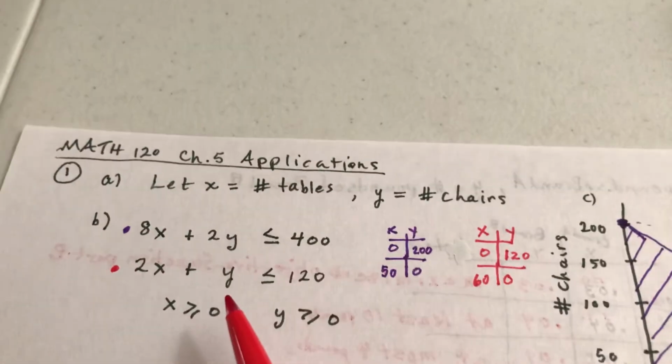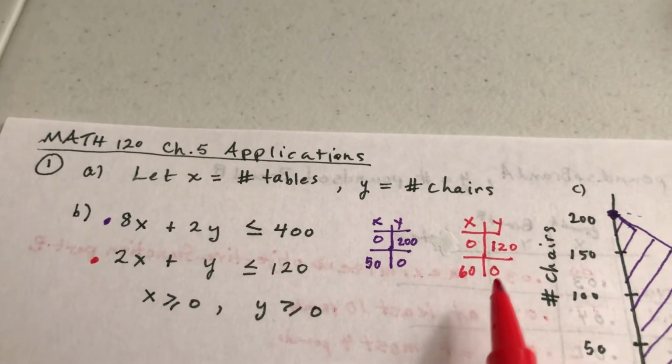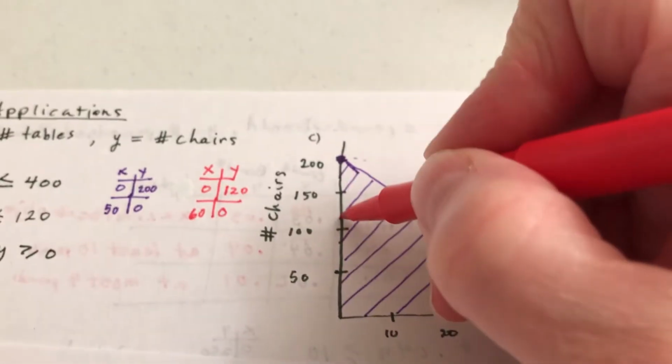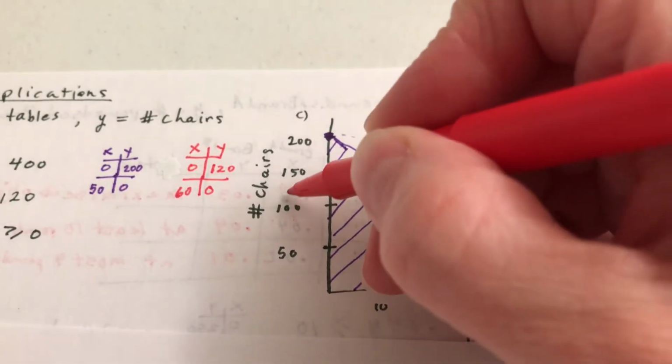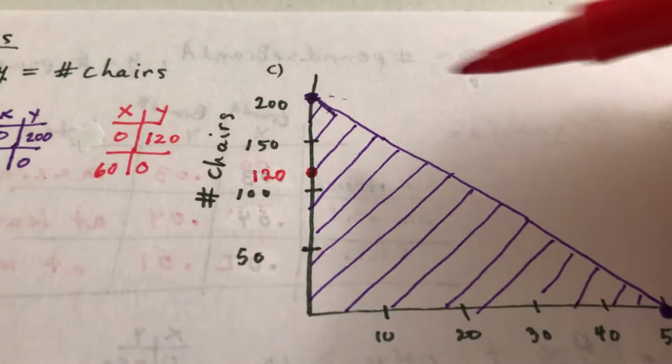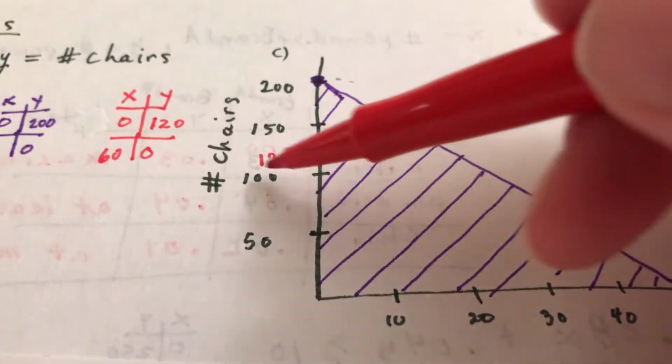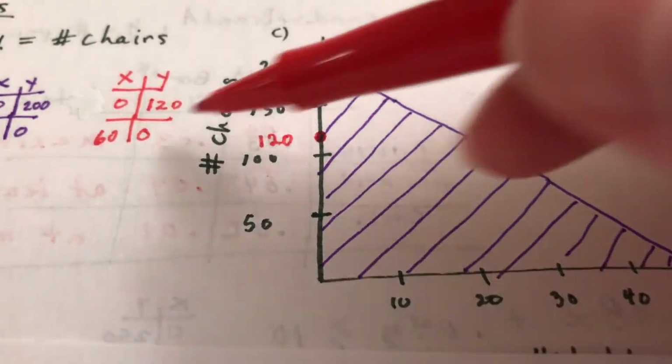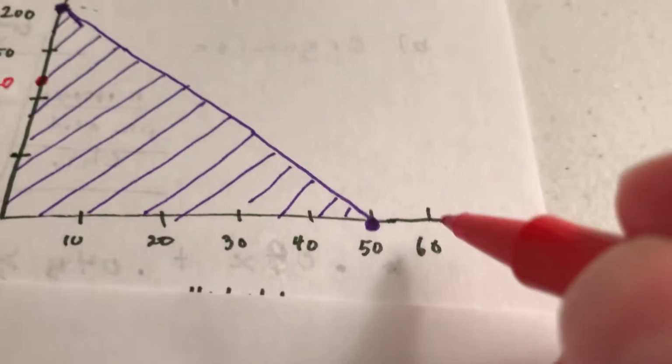Let's try the second inequality. If I let x equal 0, I get 120, and then I get 60, 0, so 0, 120. That's about right there, and I'm going to put 120 because I might need that later, and it's not clear where it is, so I'm just going to write it there or I'll forget. Now 60, 0 is over here,